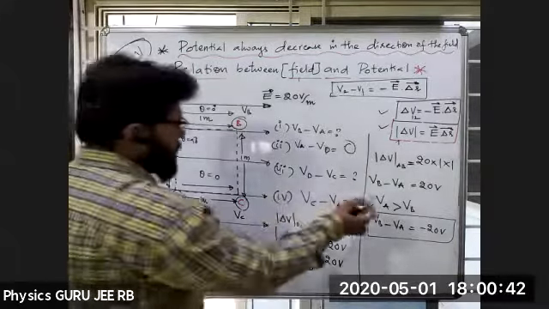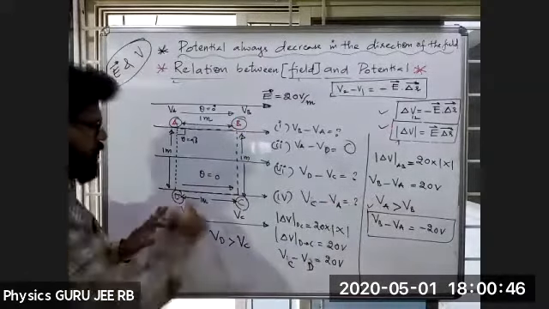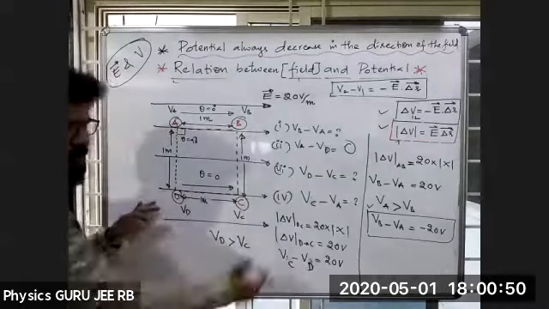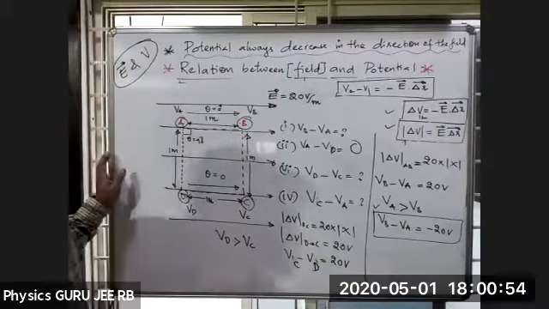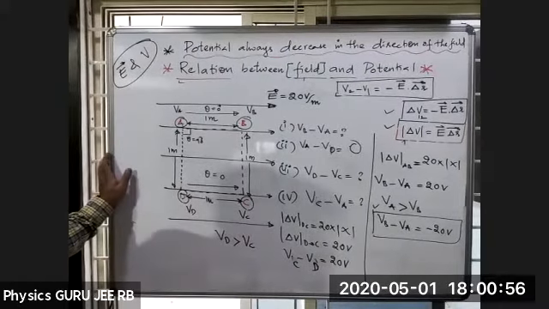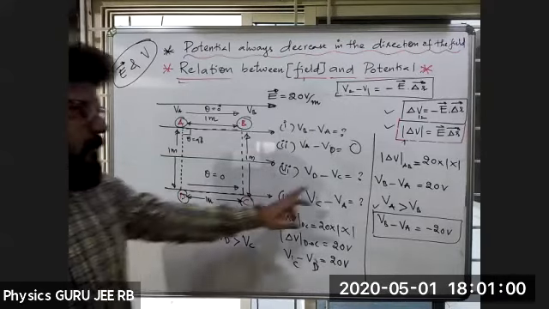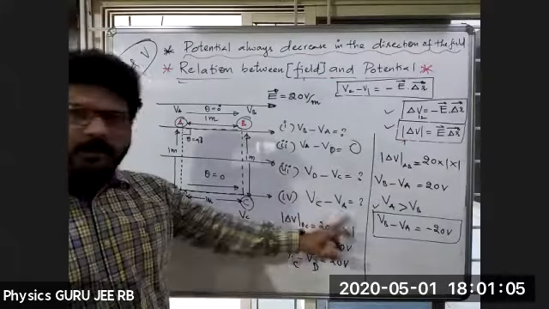See, in the same manner I did A to B, I took VB minus VC. So D to C, then VD minus VC, right? Is it clear, all of you? Yes? This will be 0. Fine. Next, can you tell me the last one?